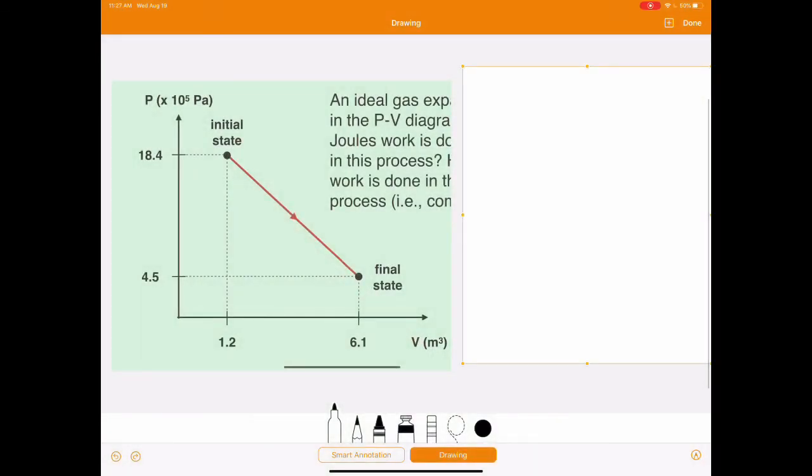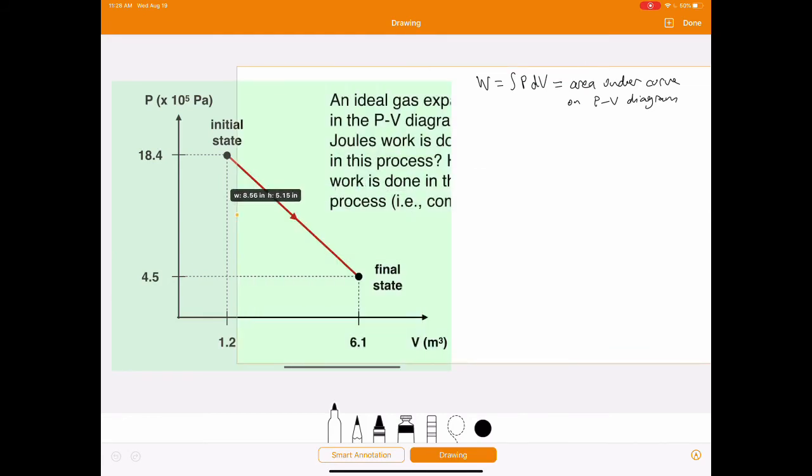Okay, so for this one, we're calculating work, and we know now that we can do this by integrating PdV. But probably for this one, it's easier to think of this integral as the area under the curve on the PV diagram. So let's calculate that area. First, we can notice that we have a little bit of triangular area right here. And then we also have rectangular area down here,